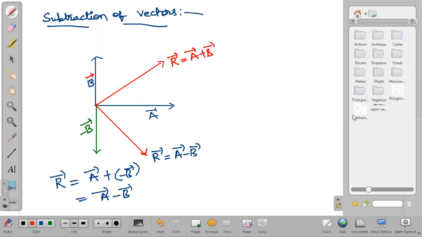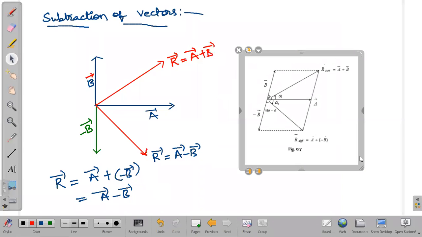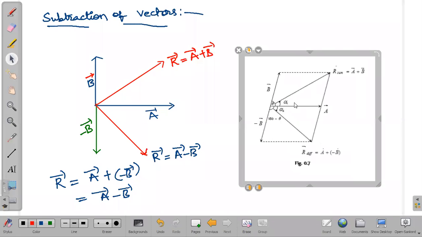Just hold on. Now, this is how we take subtraction of vectors, and we can apply this in the resultant formula also. Magnitude, if you want to write. Suppose the angle between the first two vectors A bar and B bar is theta. Now the angle between A bar and minus B bar will be 180 minus theta, because the total is 180, and from 180 if we subtract this, we get the remaining angle. Okay, so 180 minus theta we will be taking, right? Now based on that we can find out the resultant formula also.